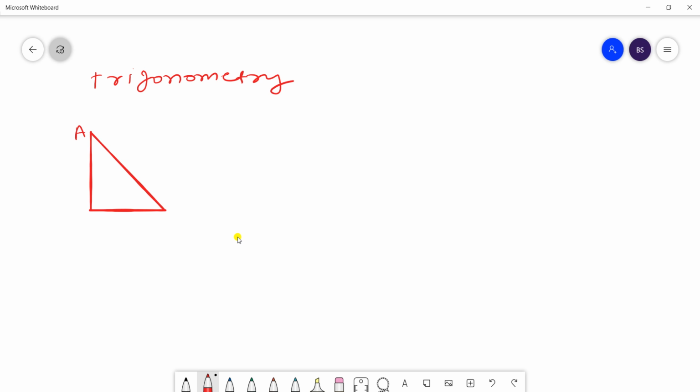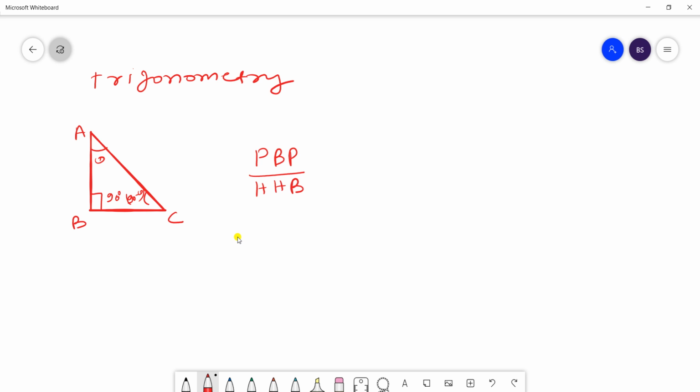This is a triangle with three sides A, B, C, and one angle is 90 degrees. If this angle is theta, then this angle is 90 minus theta. So there is one formula for this one: Pakistan bhukha pyasa, Hindustan hara bhara.